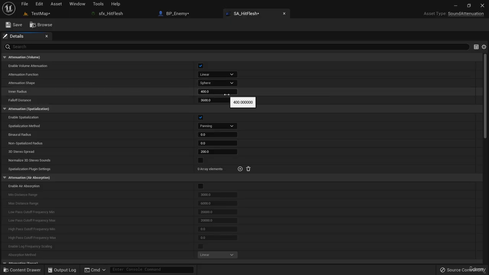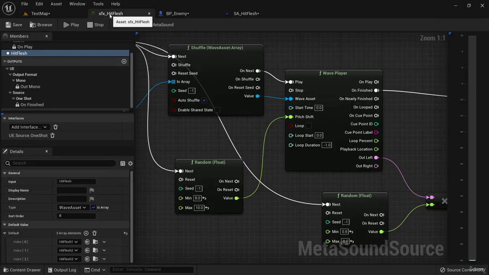This inner radius property determines how close we can get before we just hear that sound at full volume. So by default, it's set to 400, which means if we're 400 units or less from the sound source, we'll hear the full volume of the sound source. But we have a fall-off distance. And if we're outside of the fall-off distance, that means we won't hear anything. So let's leave these sound attenuation settings as they are and apply this sound attenuation to our sound effect called